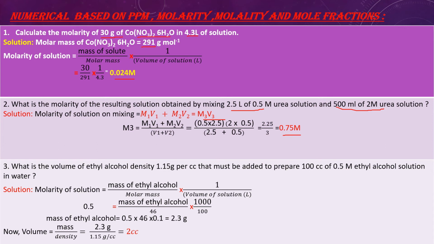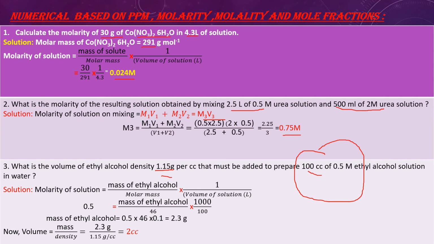Now the next question is, what is the volume of ethyl alcohol, density 1.15 gram per cc, cc means ml, that must be added to 100 centimeter cube of 0.5 M ethyl alcohol solution. Now आपको करना क्या है यहाँ पे कि हमें बनाना है 100 ml ऑफ 0.5 M इथाइल अल्कोहल। तो सबसे पहले हमें कैलकुलेट करना होगा कि हमें ये सॉल्यूशन बनाने के लिए कितना मास इथाइल अल्कोहल का चाहिए, और हमारे पास जो इथाइल अल्कोहल अवेलेबल है उसकी डेंसिटी गिवन है 1.15 ग्राम पर सेंटीमीटर क्यूब।